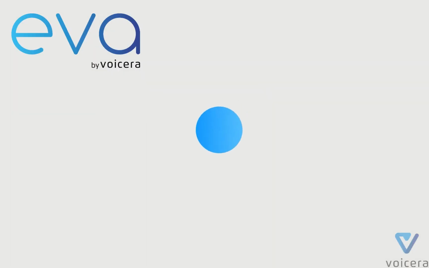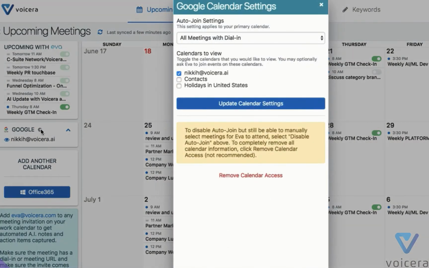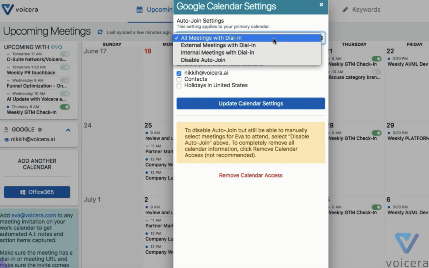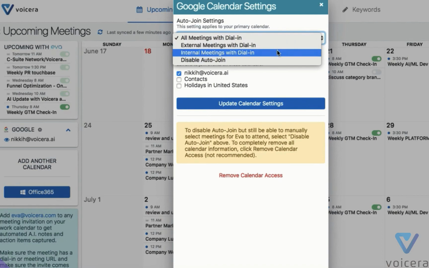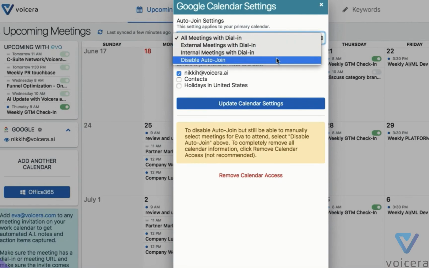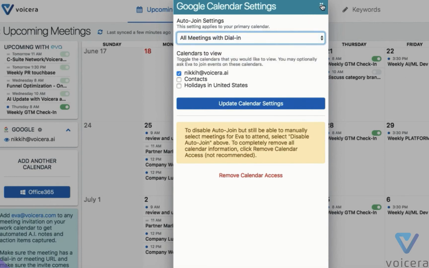This should be the primary email you use and the primary calendar where you schedule meetings. Now click on the Settings button here to manage your auto-join settings for EVA. You can set EVA to auto-join all meetings with a dial-in, or focus on only external or internal meetings. You can also disable auto-join here. By default, your settings are for EVA to auto-join all meetings, so you won't have to remember to add EVA